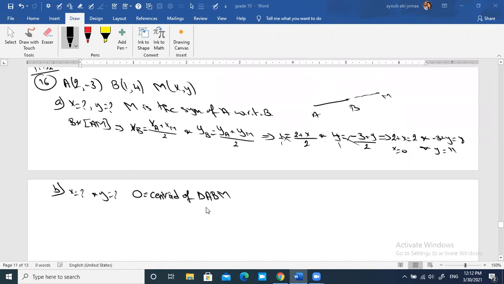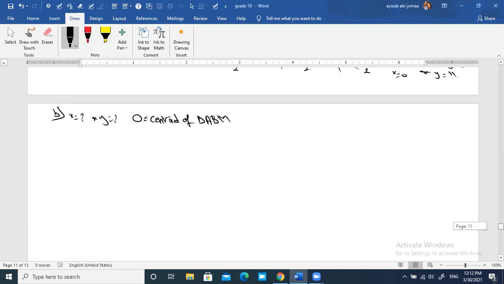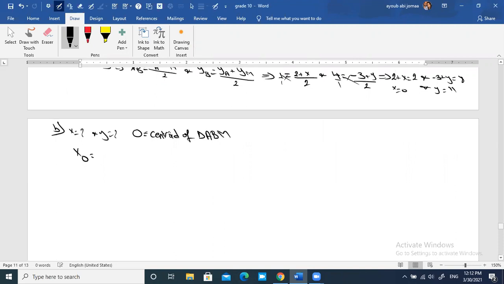Yes, sure. Start. Find x and y so that O is the centroid of triangle ABM. So x of O is x of A plus x of B plus x of M over 3. And y of O is y of A plus y of B plus y of M over 3. Okay, so 0 is equal to